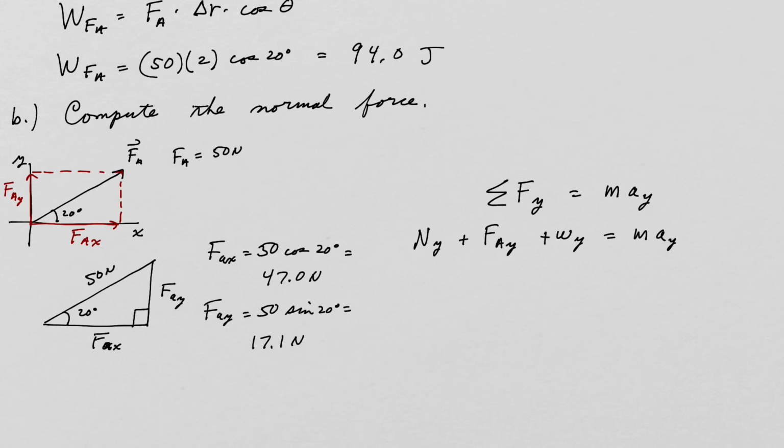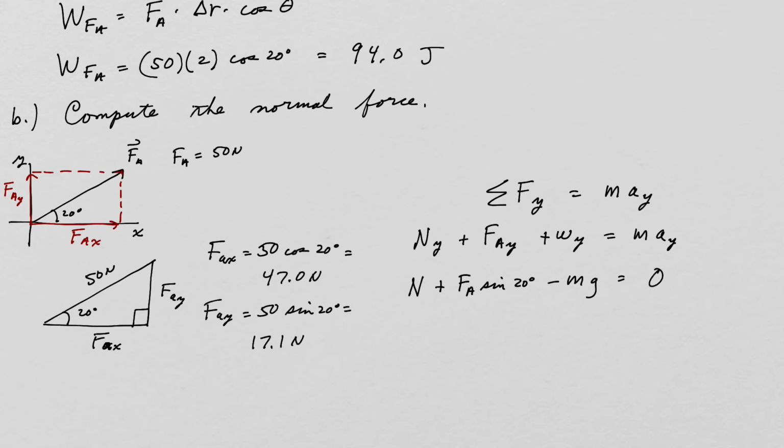Well, how much of the normal force is in the y direction? The entire amount, right? So NY is just all of N, and it's positive. How much of the applied force is in the y direction? It's positive, right, because it's acting upward, and it's FA times sine of 20 degrees, which we know is 17.1, but I'll write it out like that for now. And then how about the weight? How much is in the y direction? All of it but negative, right? So negative mg. And then this object is not leaving the surface at all, so the acceleration in the y